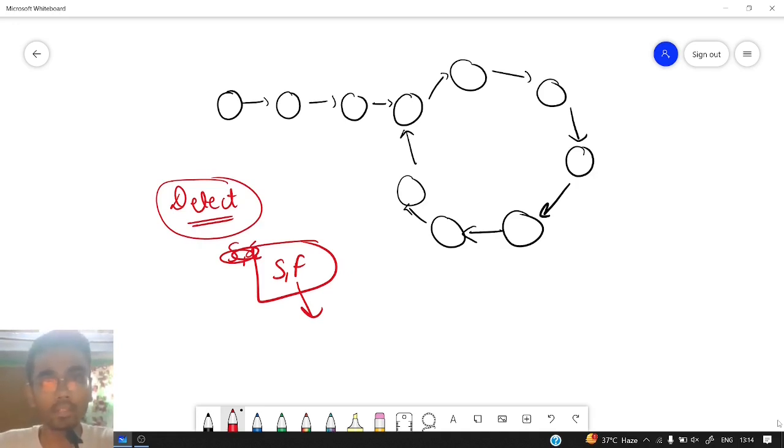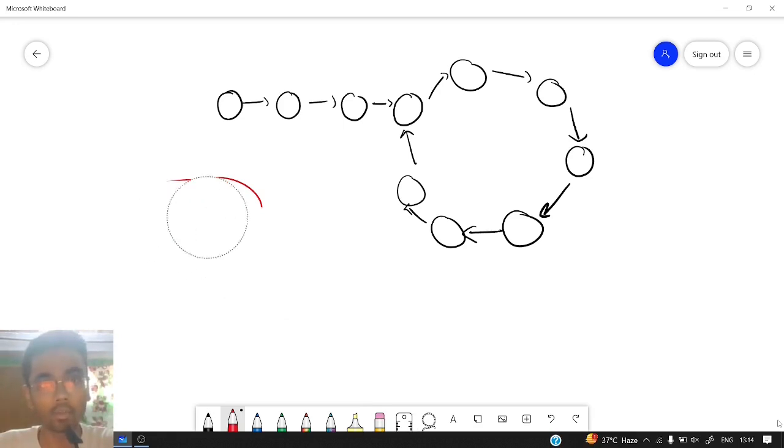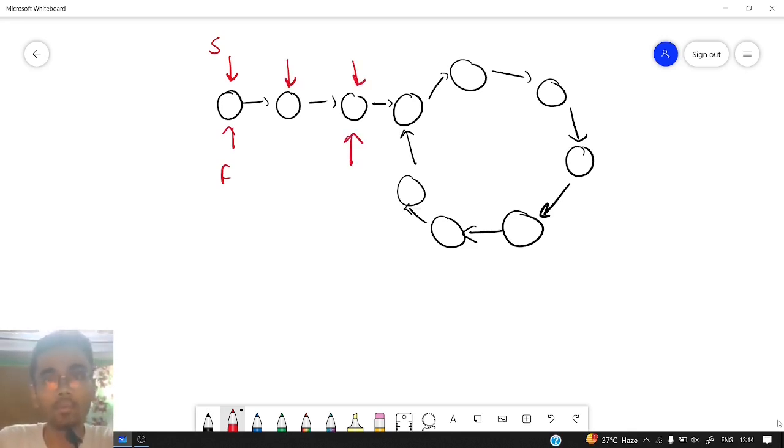In this video we will just dry run that particular algorithm. In that detecting cycle question we have seen that if slow pointer and fast pointer meet at the same node, that means there is a cycle. So let us see in this question also. First we need to detect the cycle, then only we can find the beginning node. So let me define the slow pointer as the head of the linked list, and the fast pointer also at the head of the linked list. Now slow pointer will move one step, fast pointer will move 2 steps.